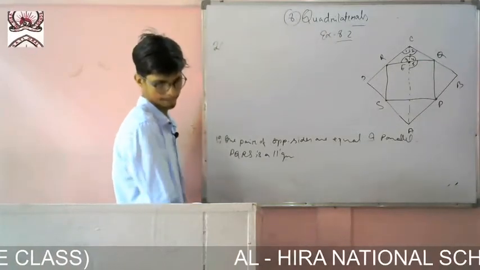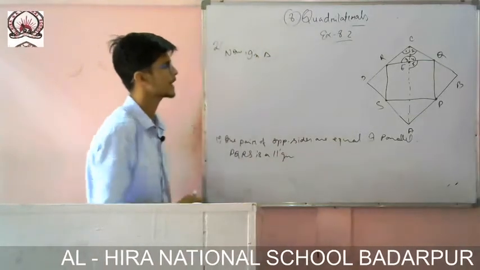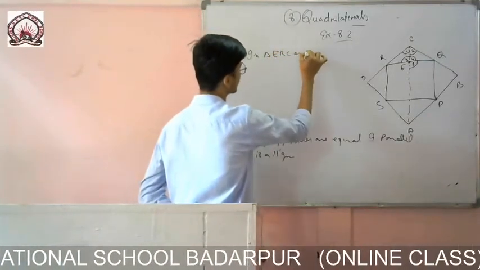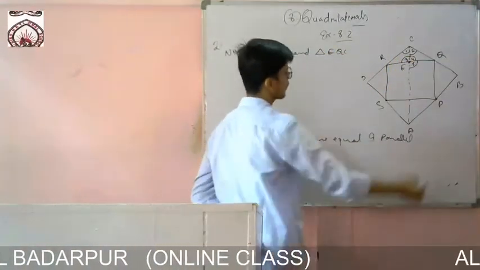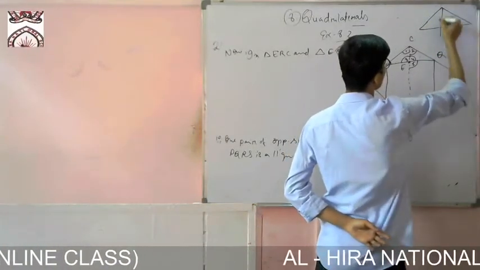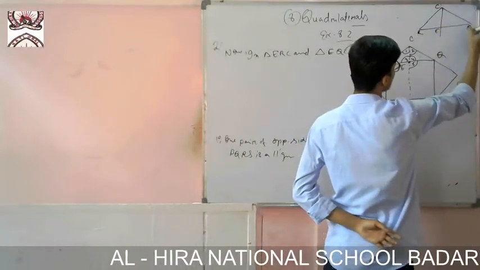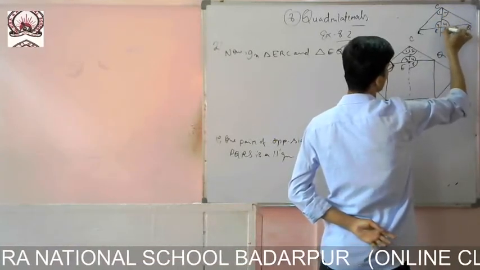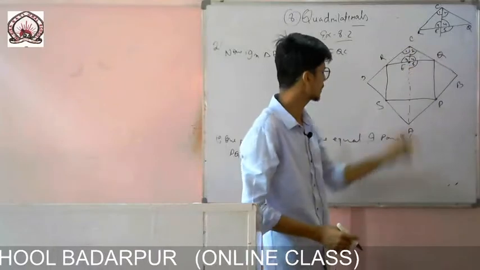So you see here, now in triangles ERC and EQC, I am taking these two triangles. I am drawing it a little bigger so that you can see here, you may get confused. So I am doing only the upper part. R is there, then E is there, then Q is there. I have given this one as 1, this one as 2, this one as 3, this one as 4, and this angle as 5. So I have drawn it here so that you can see.